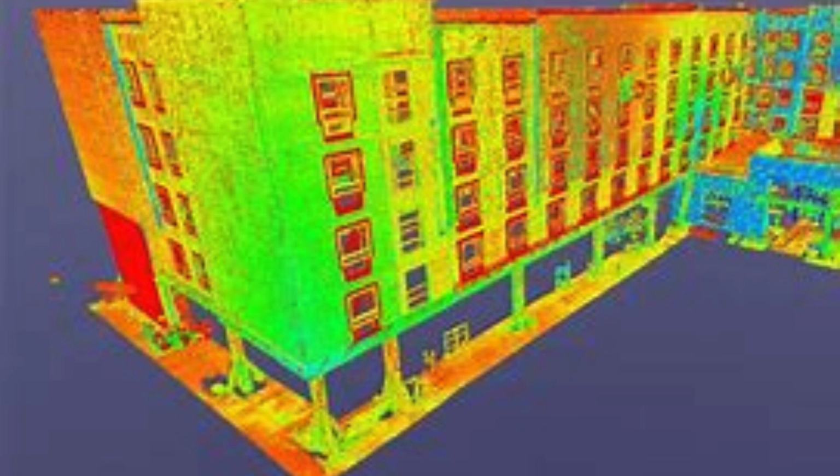utmost precision. Another standout feature of Scon Design India Pvt Ltd's reverse engineering services is their commitment to customer satisfaction. They understand that every client has unique requirements, and they go above and beyond to tailor their services accordingly. Whether it's a small-scale project or a large-scale industrial application, Scon Design India Pvt Ltd has the expertise and resources to handle it all. They work closely with their clients, understanding their specific needs and providing customized solutions that exceed